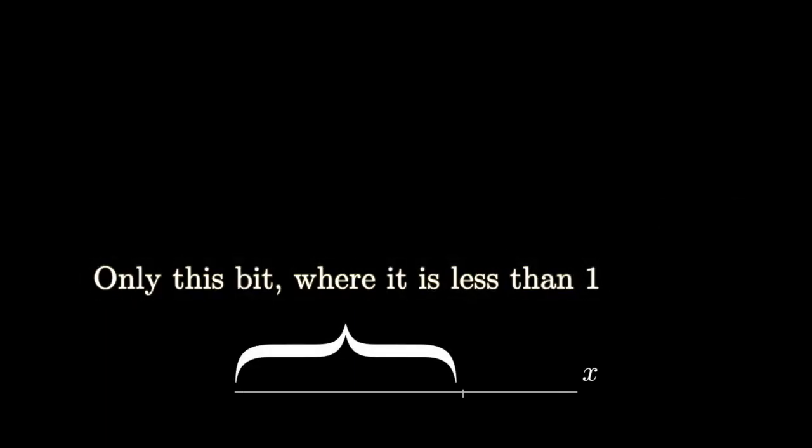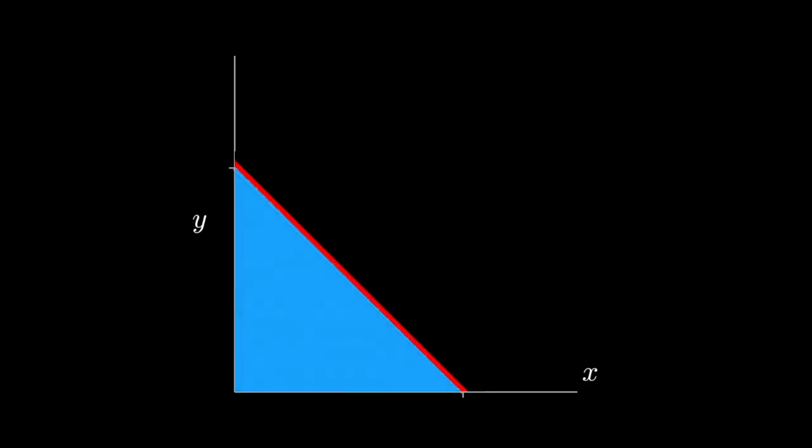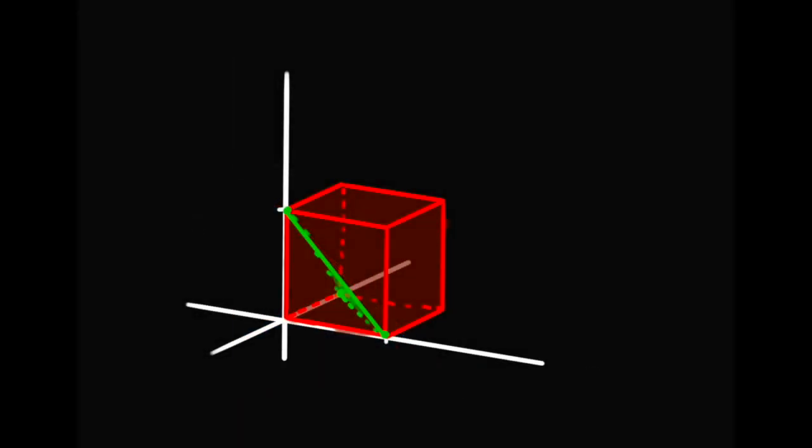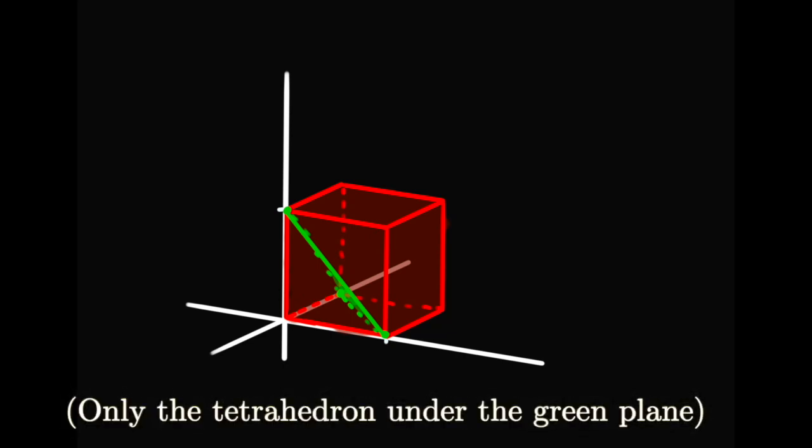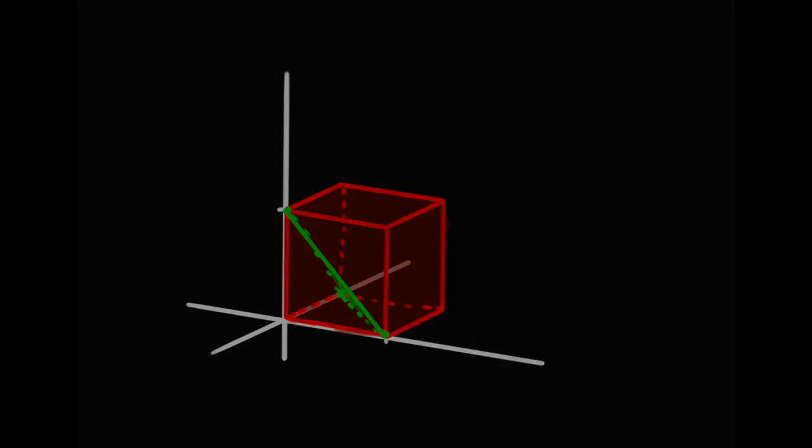To get that, let's look at what we know so far. Well, we know that the one-dimensional version of this thing looks like this, and it's just a line. We know that the two-dimensional representation is this triangle, and it has area a half, and in 3 dimensions, it's a tetrahedron here with volume a 6th. You may already start to see a pattern emerging, but let's investigate further. Starting at our one-dimensional shape, how do we actually get a 2D shape? Well, we add an extra